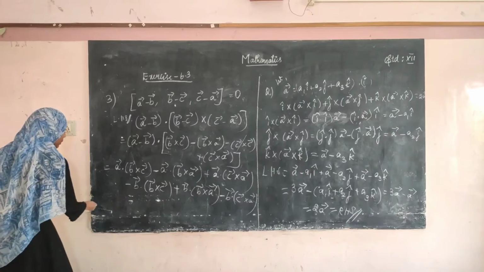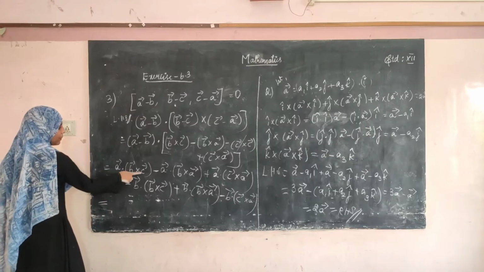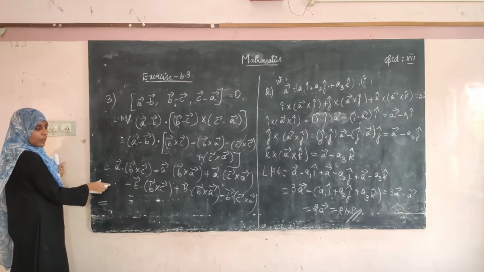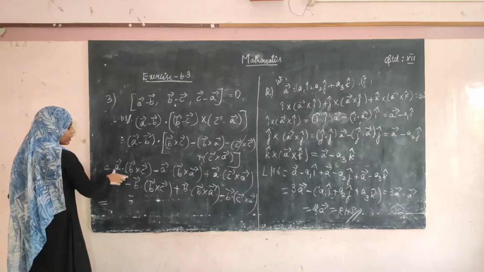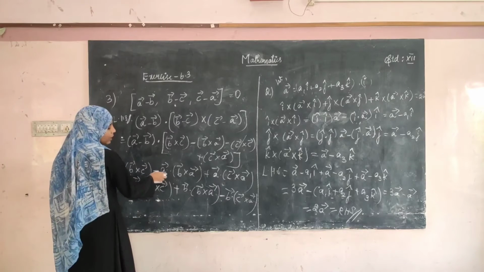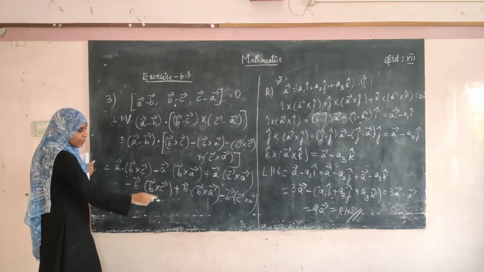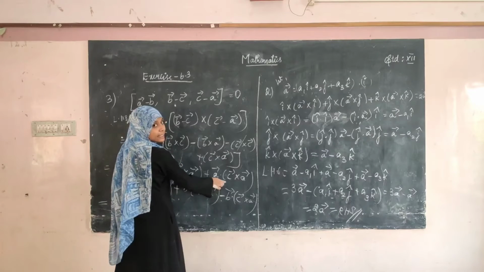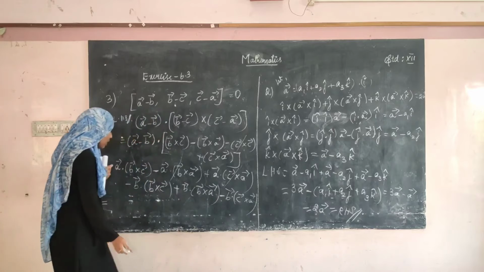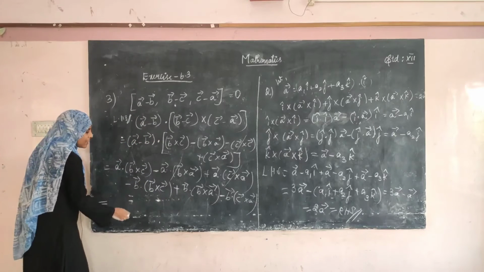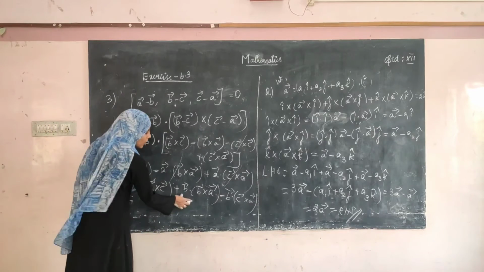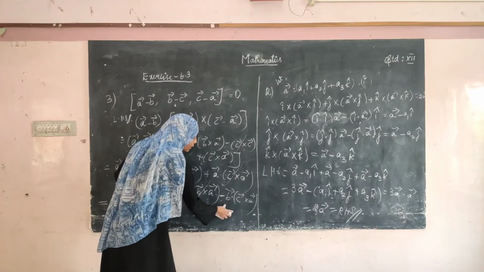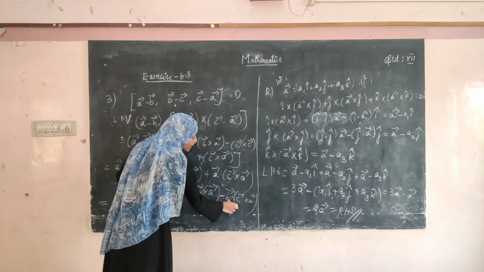See here. While expanding this, we have to write this in the format of box product of A, B, C. So this is box product of A, B, C. Here we will be getting box product of A, B, A, so this term gets 0, and this is box product of A, C, A, and this term gets 0. This is box product of B, B, C, this term gets 0. This is box product of B, B, A, this term gets 0. This is box product of minus B, C, A, right?